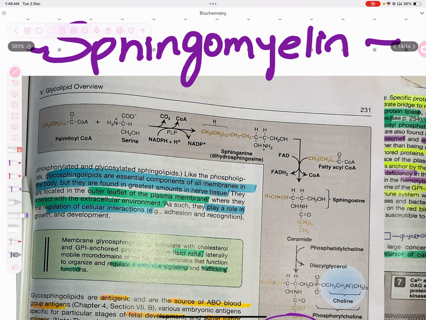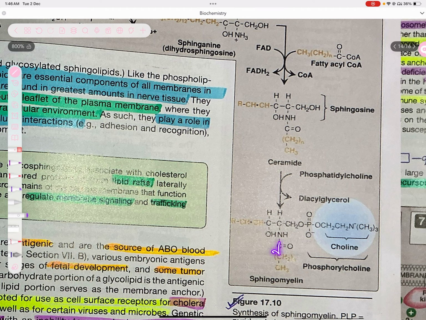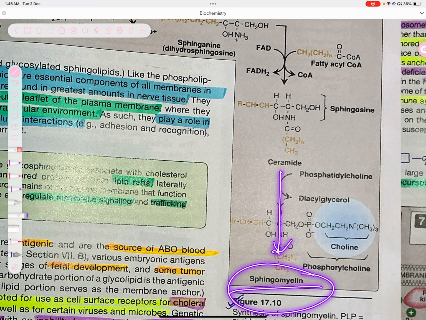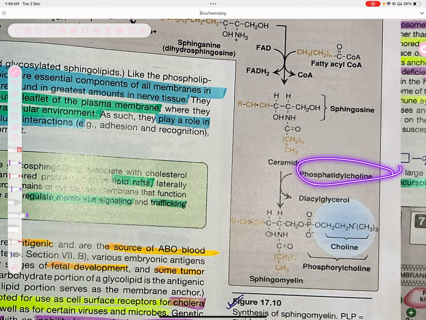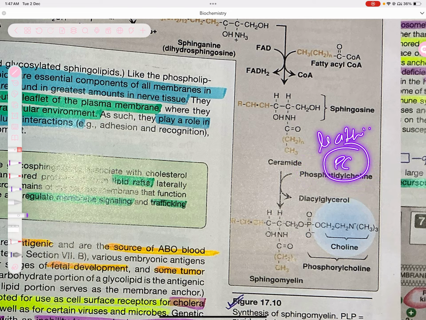First of all, palmitoyl-CoA and serine, they come together and they form the dihydrosphingosine, also known as sphingosine. This sphingosine got converted to ceramide because fatty acyl-CoA got added, and then after ceramide, it is a precursor for sphingomyelin. So directly we get our sphingomyelin. Ceramide gets converted to sphingomyelin by the addition of phosphatidylcholine, which is our PC, also known as lecithin. So you need lecithin here, and it gets added to ceramide, and we get our